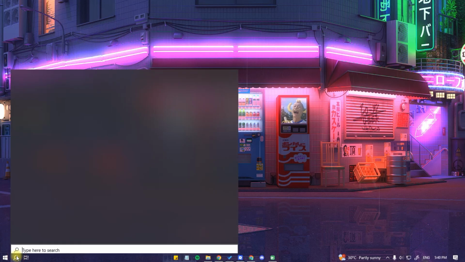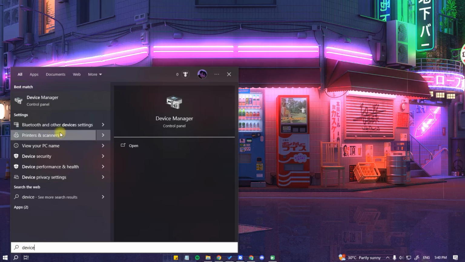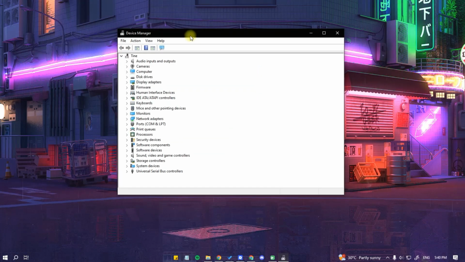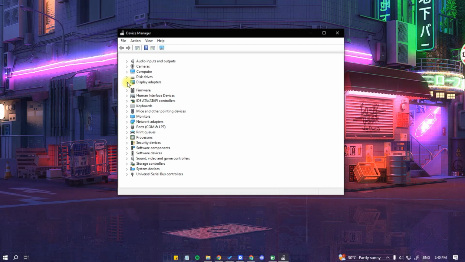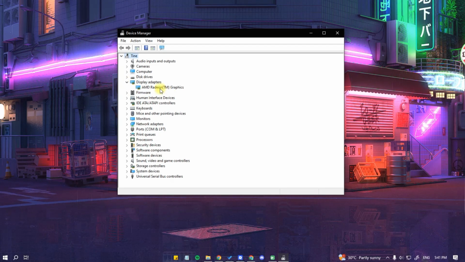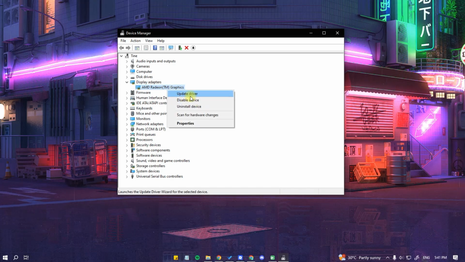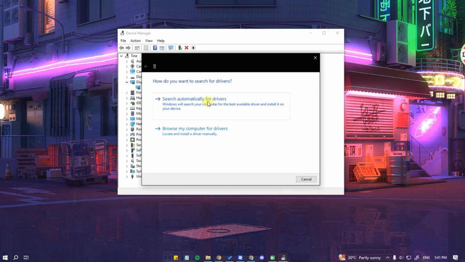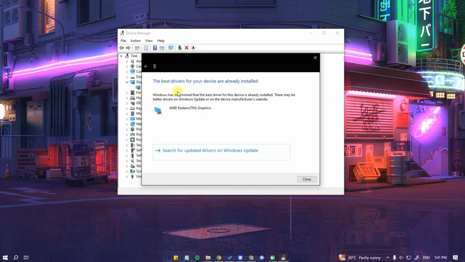So to do that, we are going to search for Device Manager. And from here, we are going to expand the display adapters by clicking on this little arrow beside it. And we are going to right click on our graphics driver and click on Update Driver. From here, select Search Automatically for drivers. And if it says the best drivers for your device are already installed, what we're going to do is to